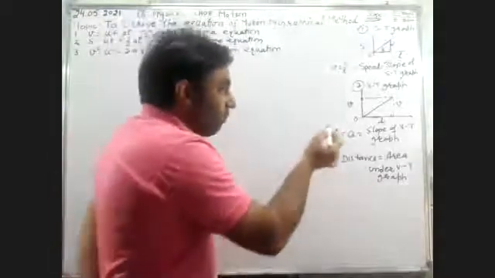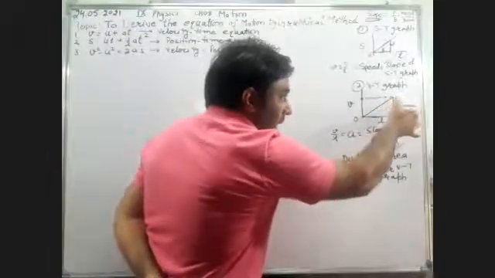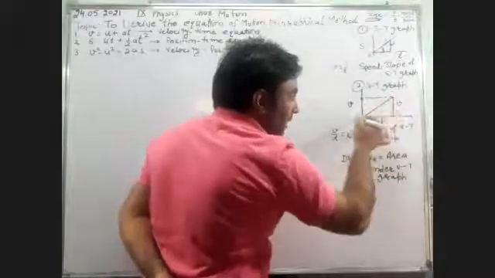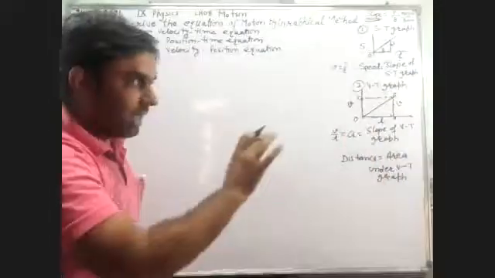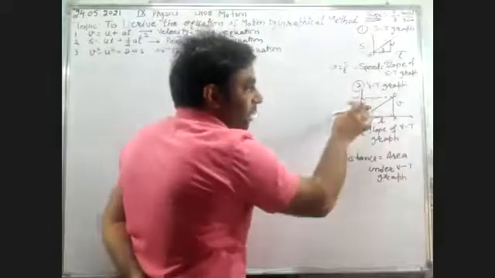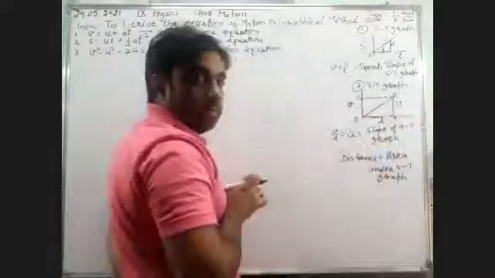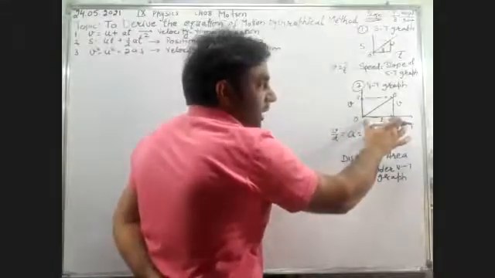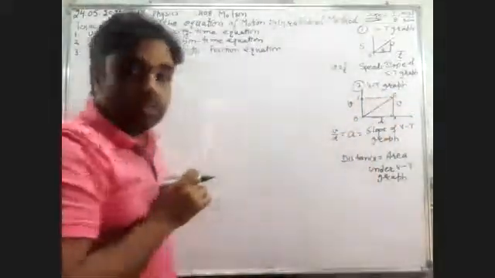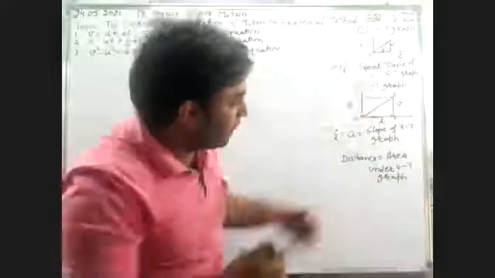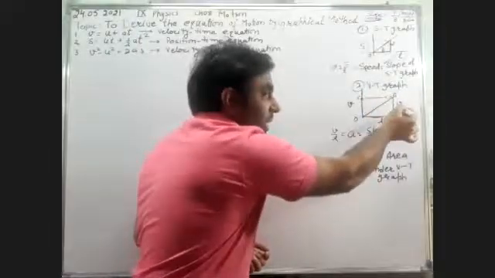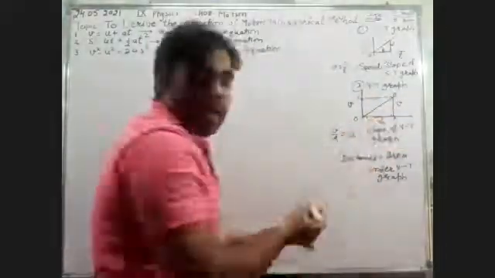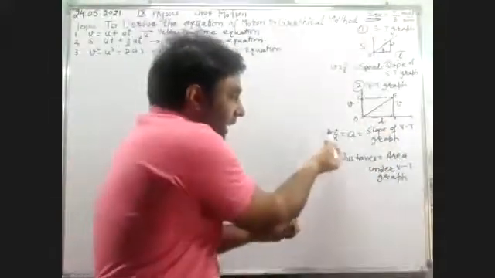Again, look carefully. What is given on the perpendicular? If I want to calculate the slope of this diagram, OABC is a rectangle. Opposite sides are equal. OC is equal to V, then AB will also be equal to V. OA is equal to T, BC will also be equal to T. So if I want to calculate the slope of this triangle OAB, what is the perpendicular? AB. AB is V. What is the base? OA. OA is T. So we can say V divided by T.